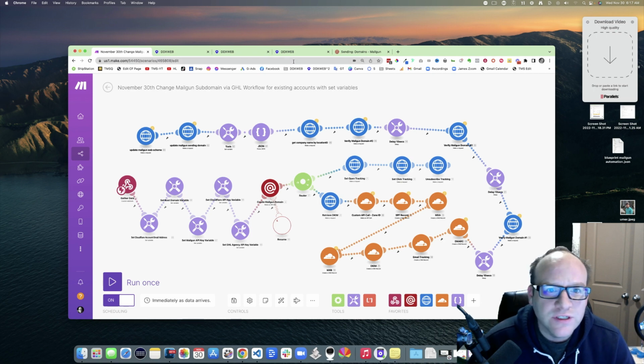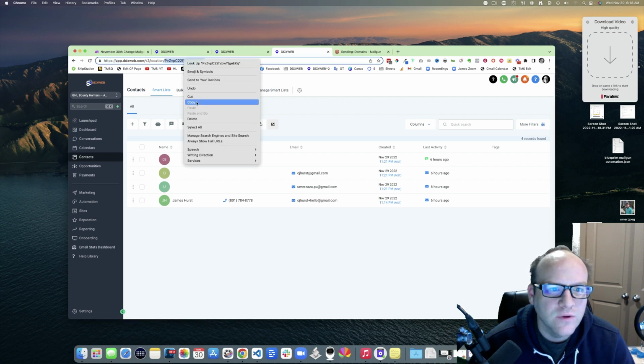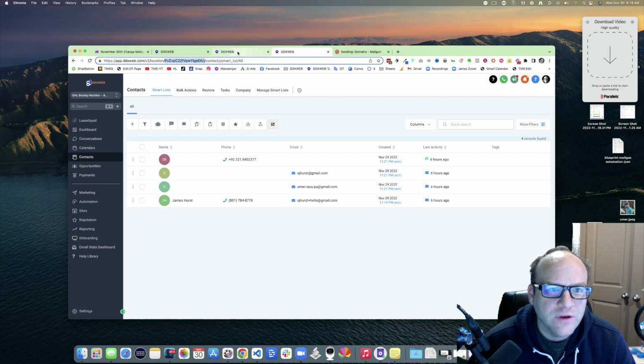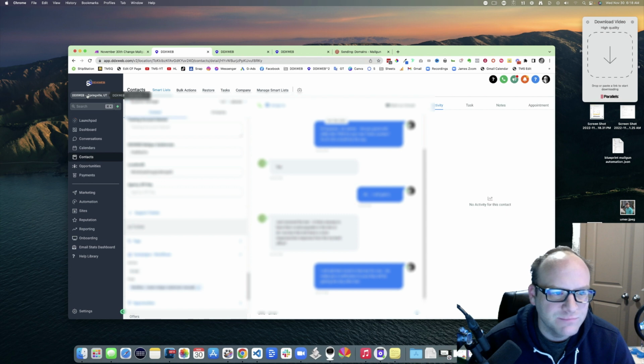So this is how I do this. I saved this as a different way, so this is only used for existing accounts. Basically, how this works is I have to go get the location ID. So I'm going to get the location ID out of here. And then I have to go back to my agency sub account, DDX Web. I'm going to go make a new contact that actually represents